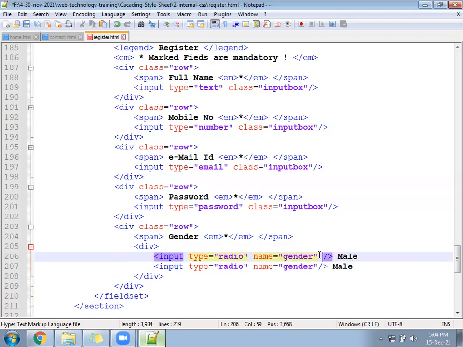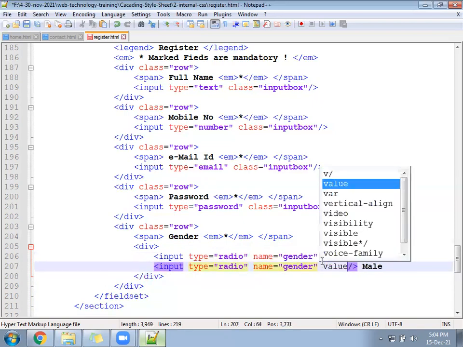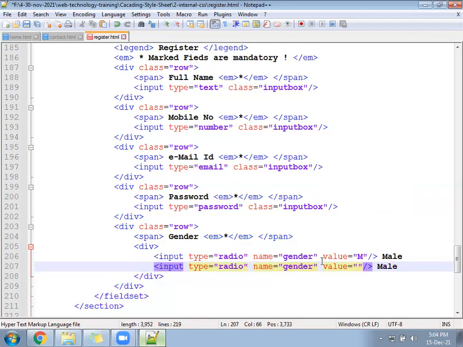And set some value for both, so that if a person selects any one, the respective value is stored in the database. Male and female, M and F.